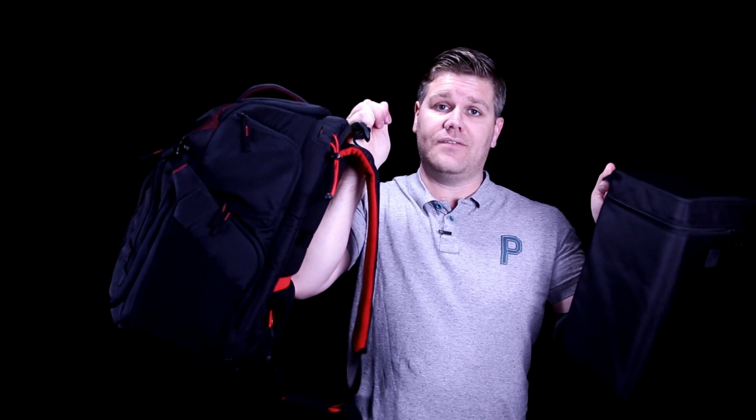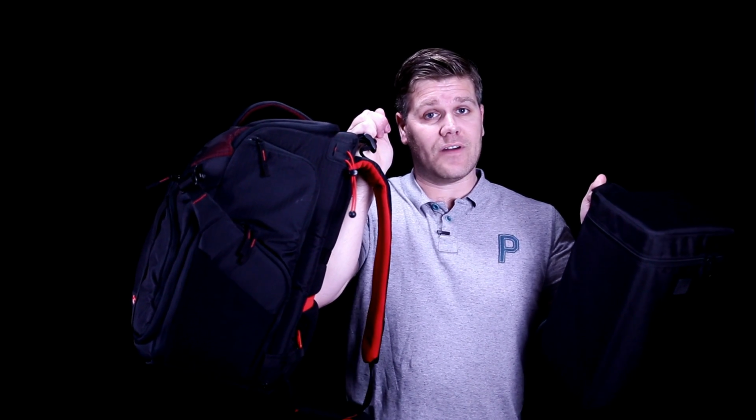This lot. In here, I've got my Canon 5D Mark III, 24-70 lens, 70-200 lens, my 100mm macro, my flash, my batteries, and all the other bits that I want to carry, my microphone, etc. And then in here, I've got my 150-600 Sigma lens. Now, carrying this lot is quite heavy, and it will knack you out by the end of the day. So, putting that down,